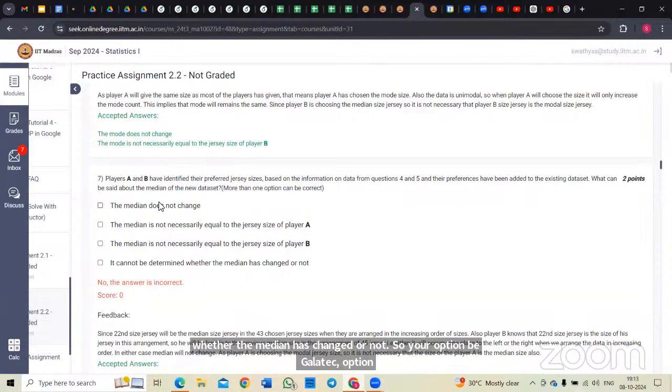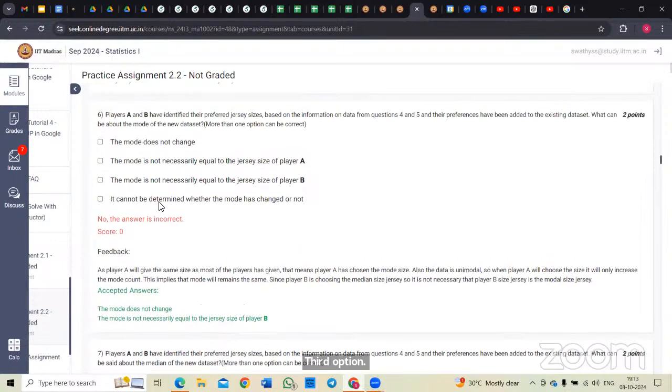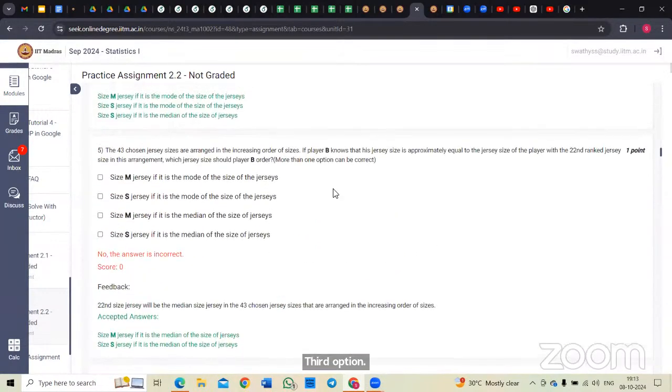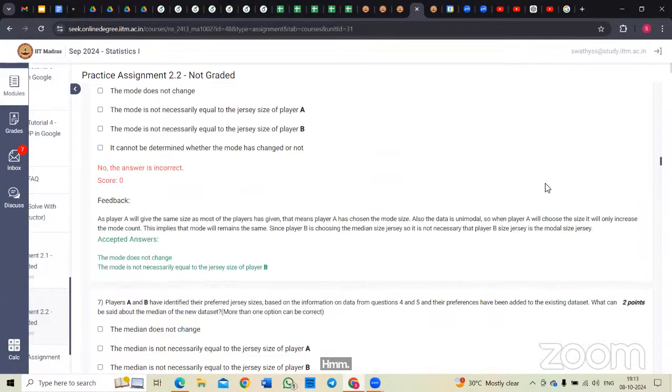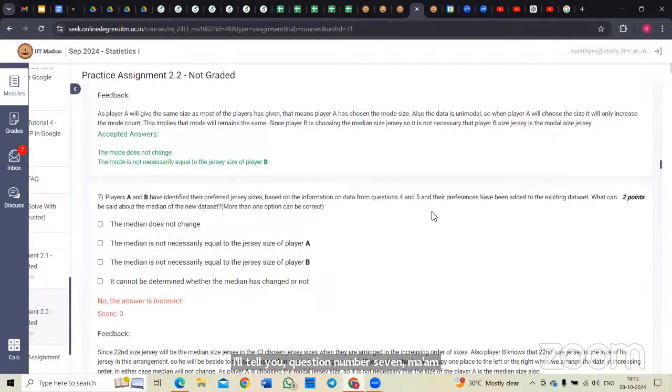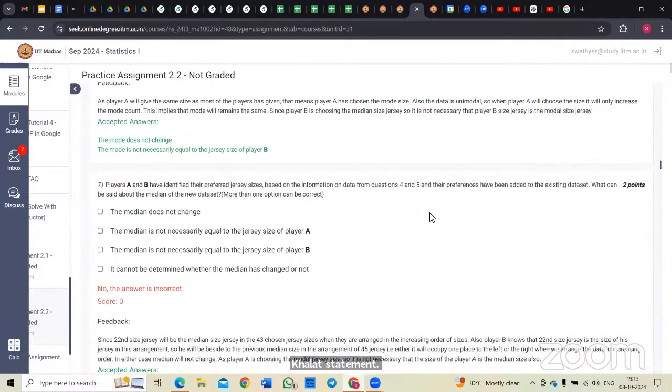बी तो मीडियन है, तो ऐसा नेसेसरी नहीं है कि बी मीडियन ही होगा, यही थर्ड ऑप्शन बोलना चाह रहे थे। मतलब ये बोल रहे हैं कि जरूरी नहीं है कि वो मीडियन के इक्वल हो, क्यों, हमने फिफ्थ क्वेश्चन में ही बोला है कि जो बी है वो मीडियन ही चूज कर रहा है। क्वेश्चन नंबर 7 में हमें कौन सा निकलना है, गलत स्टेटमेंट निकलना है या सही? You have to choose the correct options. क्वेश्चन नंबर 7 में थर्ड ऑप्शन में अगर वो बोलता कि जो मीडियन हमारा एस है तो वो राइट होता।